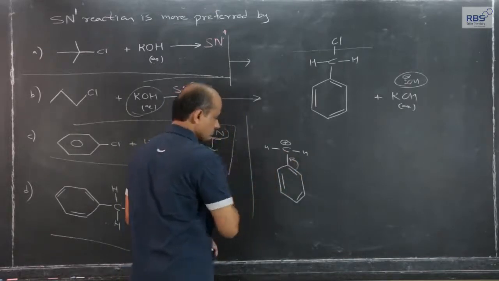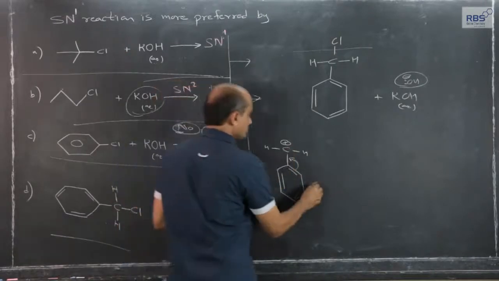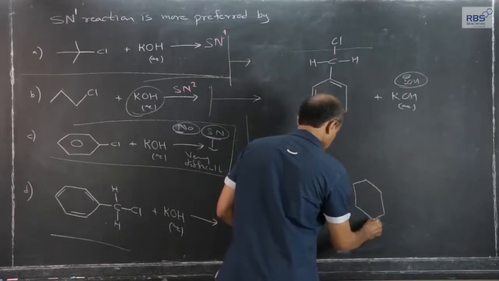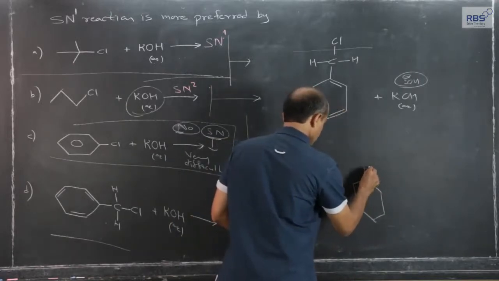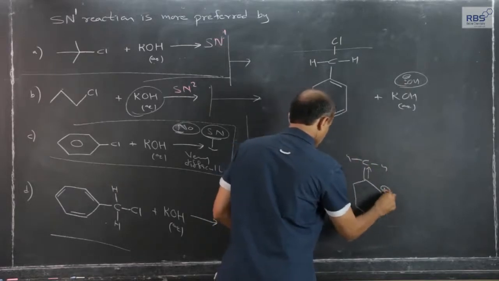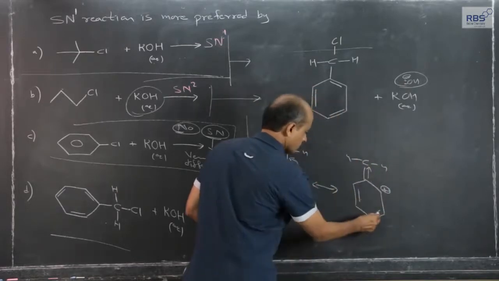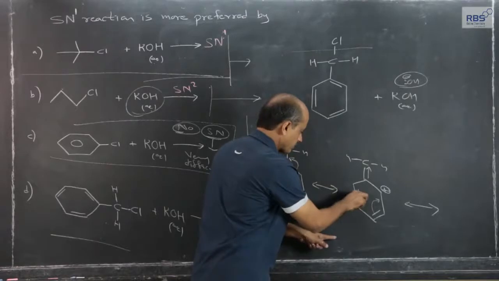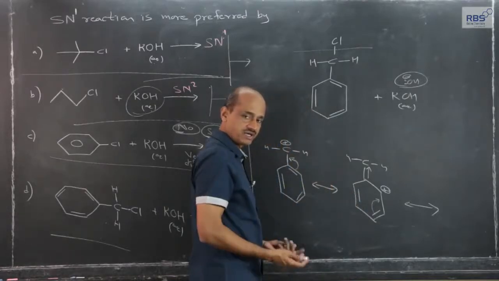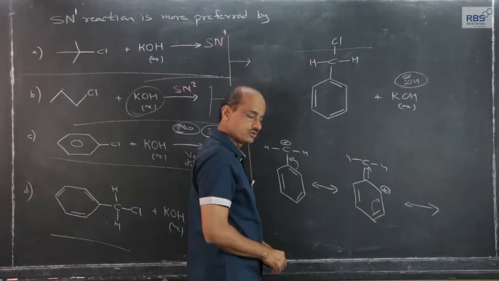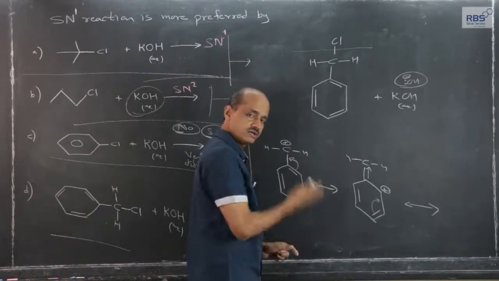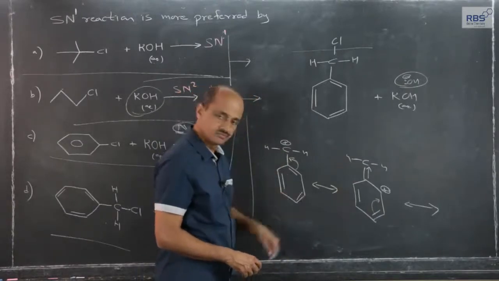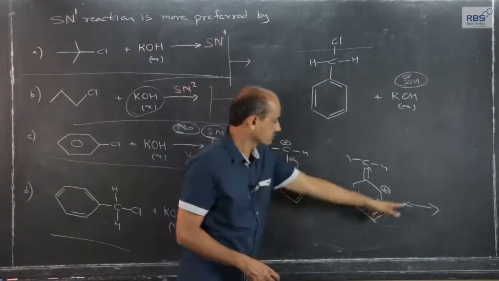Let me show. If this pi bond gets shifted here, it will give rise to positive charge. Now this pi bond gets shifted here, the positive charge will come here. Then this pi bond will get shifted. I will not write that separately. Up till now we have discussed the resonance. I will just give a clue and then move ahead. So this primary carbonium ion gets stabilized because of resonance.